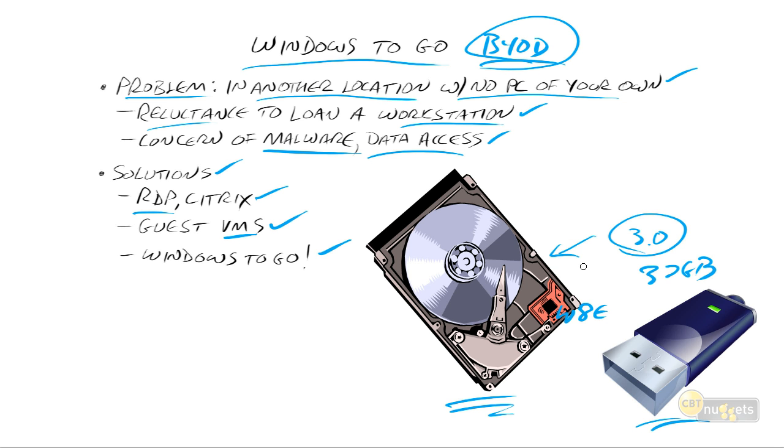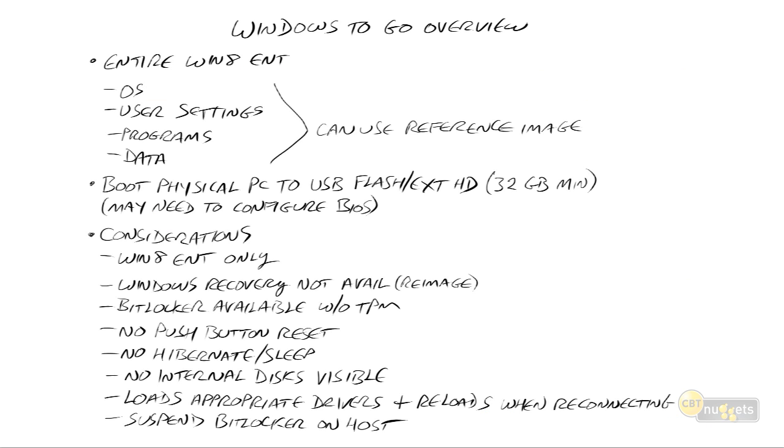But those are your two options. The basic idea is that it's going to be plugged into a USB port. So let's go ahead and address just kind of an overview of Windows to Go here and some more details about it. First of all, like I said before, it's an entire copy of Windows 8 Enterprise Edition, including the